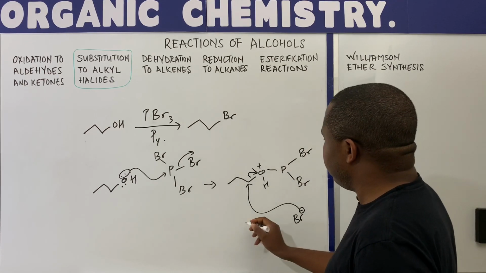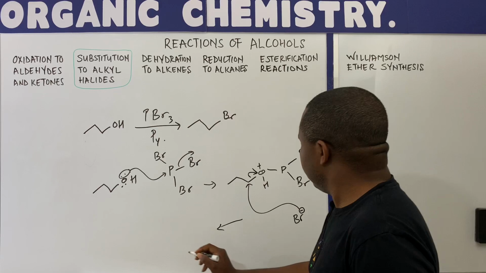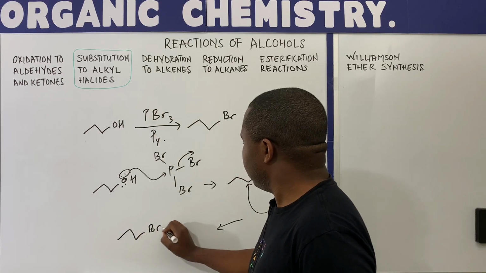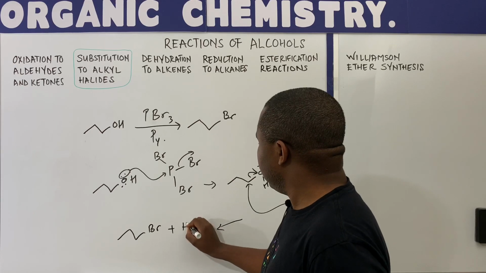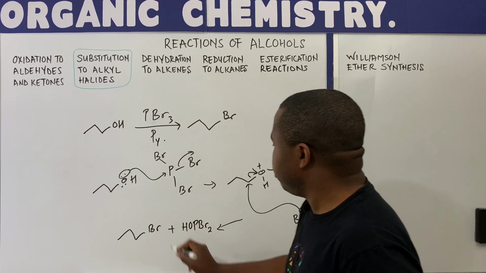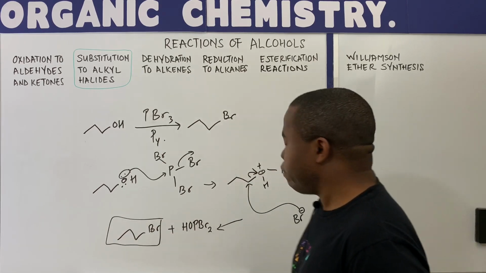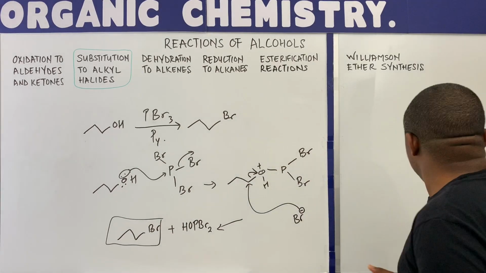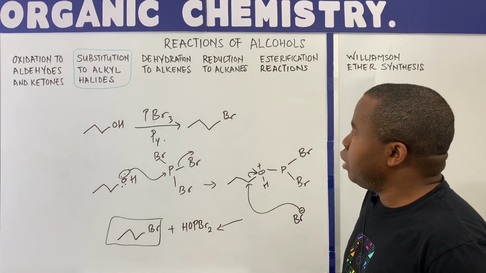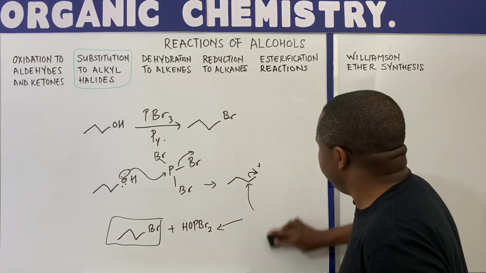So we have the products plus HOPBr2 as the byproducts. So that is how we've been able to form an alkyl bromide from PBr3 as a reagent. So to summarize this part,